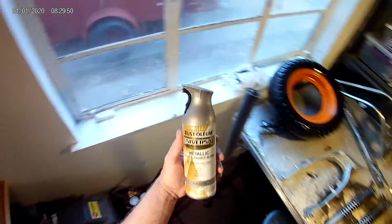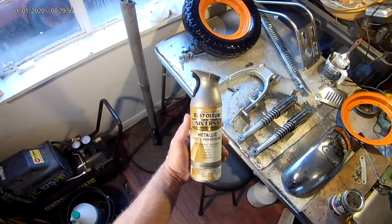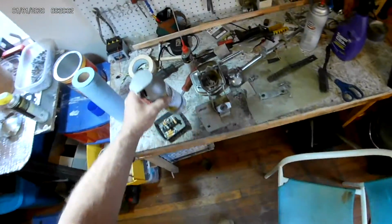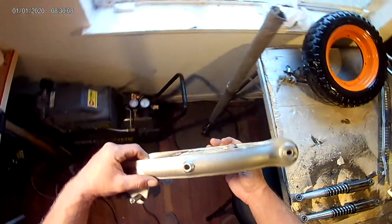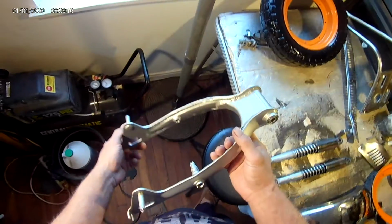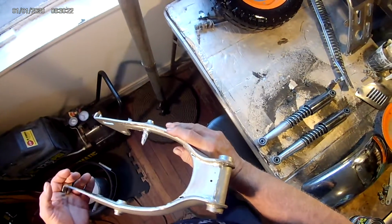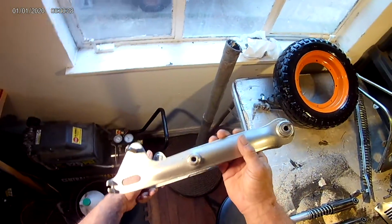where is it? Universal metallic paint primer in 1. It's Rust-Oleum satin nickel. Okay. And this thing was all beat up, and I was gonna paint it this orange, but I don't want to paint the whole bike. But it turned out pretty good. I cleaned it up with a wire brush and sanded it down as best I could, and it's not too bad. I mean, I'm not looking for